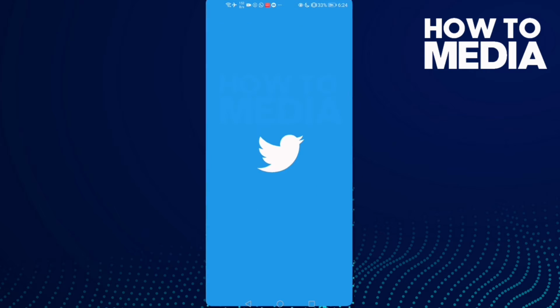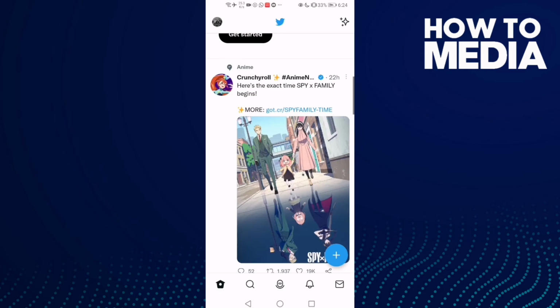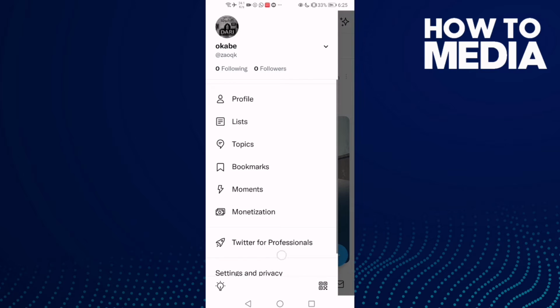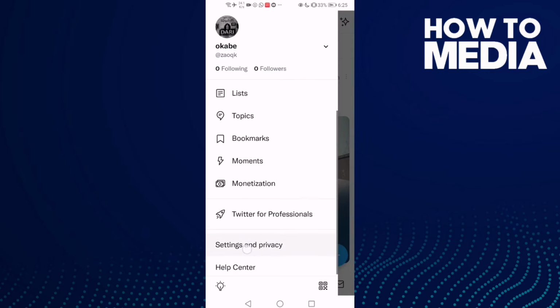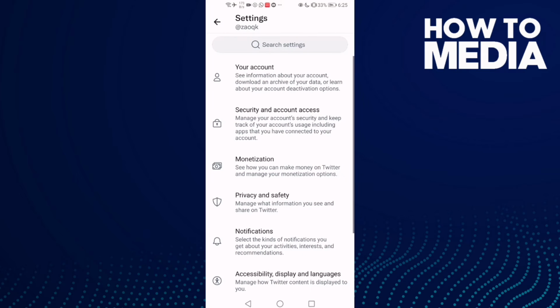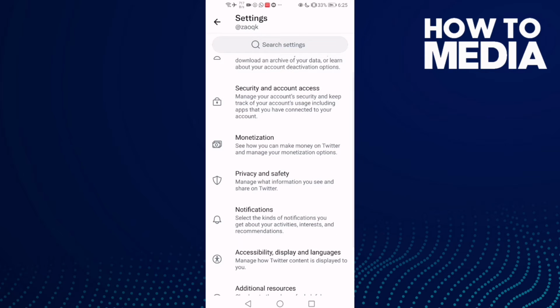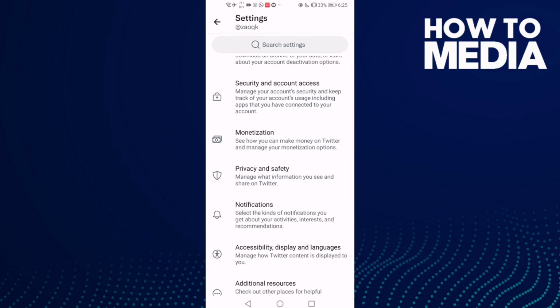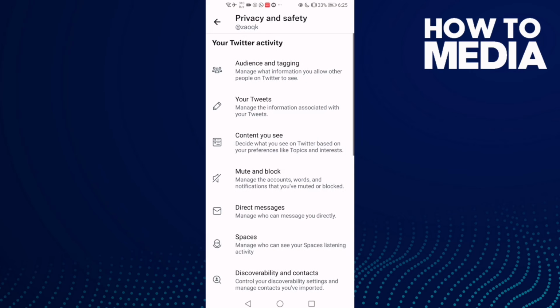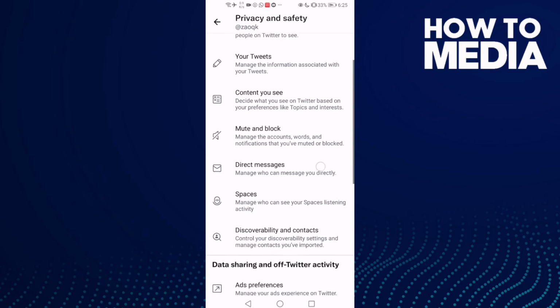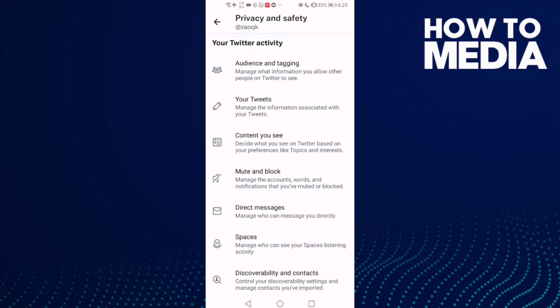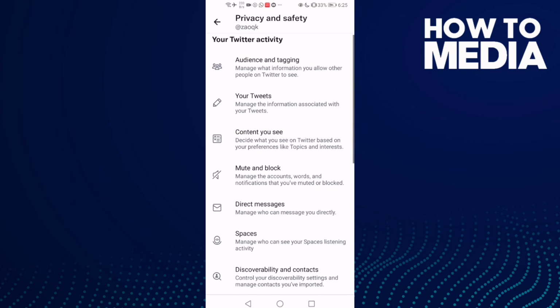First go to Twitter and then go here and now go down, click settings and privacy, and now click this one, privacy and safety, click on it. And then all you need to do is just click this one, content you see,